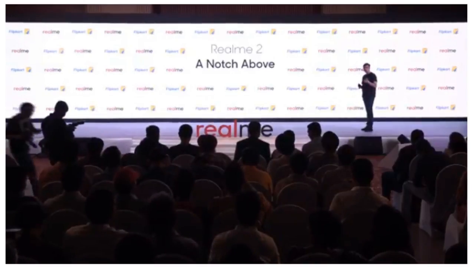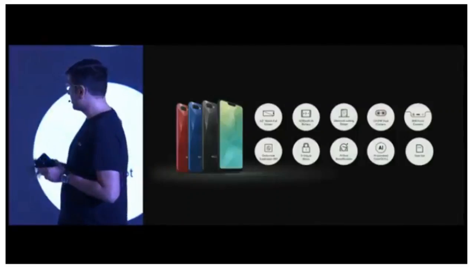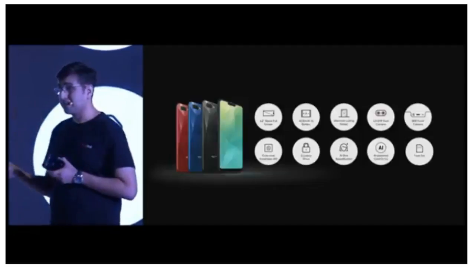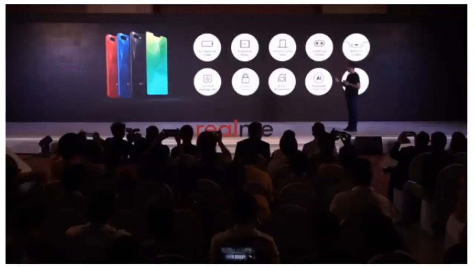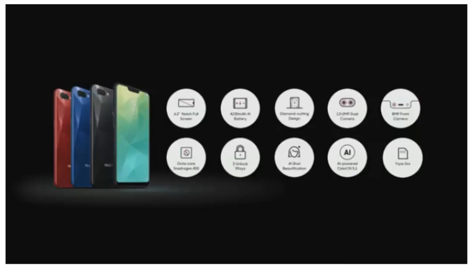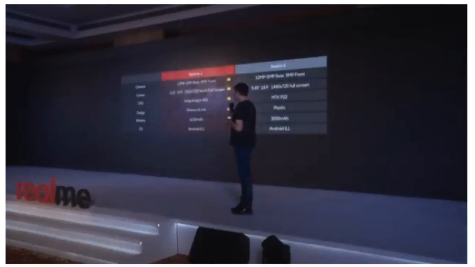So let's have a recap of what Realme 2 is all about. With all these features, with the beautiful design, which is our core philosophy, the big battery, first phone in India with a notch screen under 10K, with a dual camera, triple SIM slots. When it's offering both in power and style, which is both a notch above, how should we price this product as? Just before going to the pricing, well, let's have a small comparison with our friendly competitor